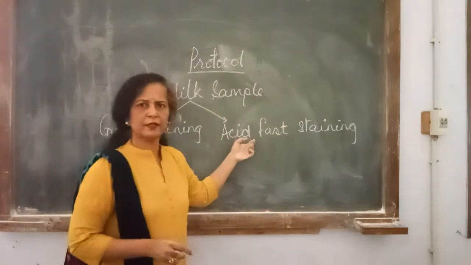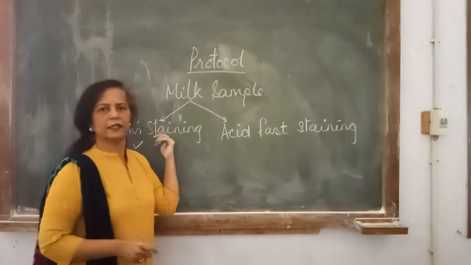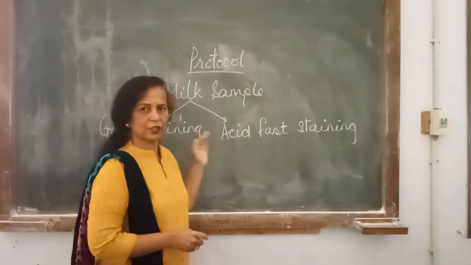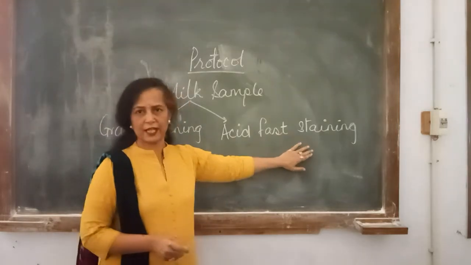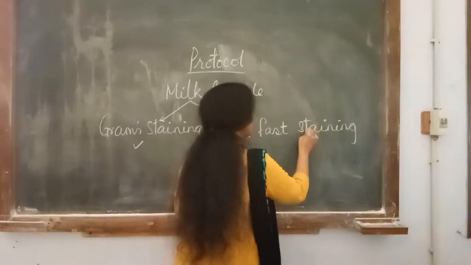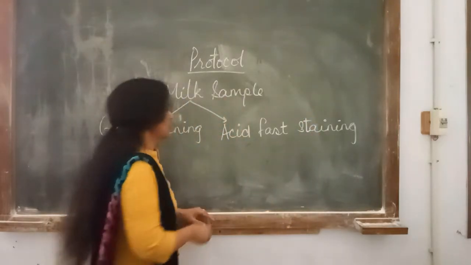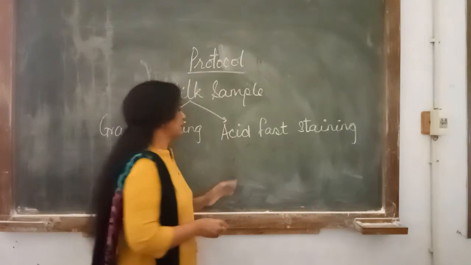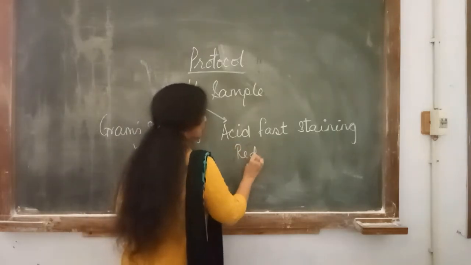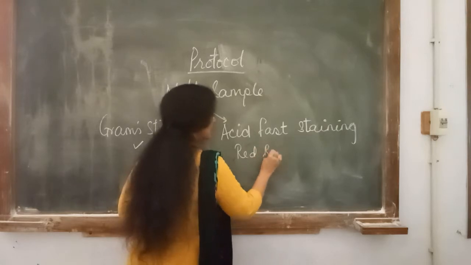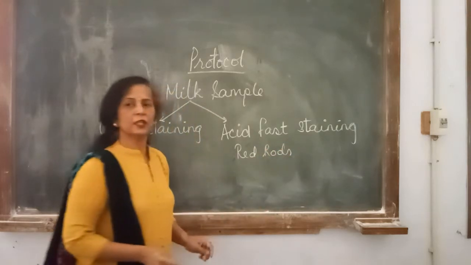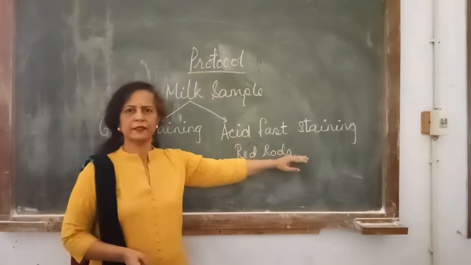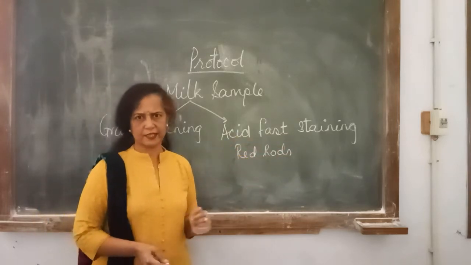Now why is it to be done? Because mycobacteria are the bacteria which will not give you Gram's reaction. So for that detection we require acid-fast staining, in which they will respond to the staining. Okay. So if acid-fast bacteria are present, we will find red colored rods. Okay, very small rods. So if red color rods are found, then mycobacteria are present and we will get the positive result in acid-fast staining.